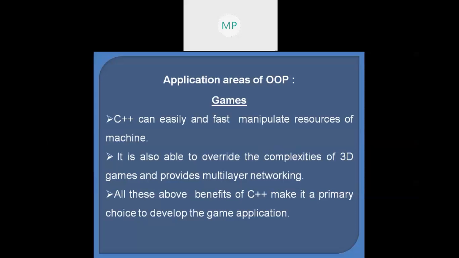Apart from this, we have many more applications where we can use C++, like real-time simulations. Let's suppose we have developed some code or some algorithm, and now we have to check whether it is working correctly or not. At that time we can use C and C++ as a platform where we can verify our code and our logic, and whether it fulfills our requirement or not. For that purpose also we can use C++.